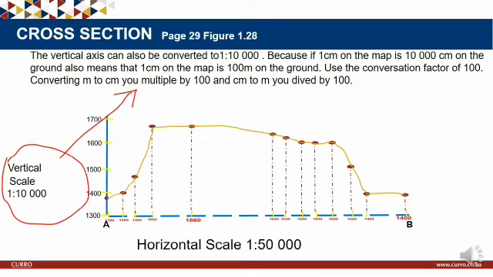Understand? Because we converted. Remember that when we are converting distance on an orthophoto map, we said 1 centimeter multiplied by 0.1 kilometer. Understand? We convert those centimeters into kilometers. If we wanted to convert the centimeters into meters, what could we have done? We could have just taken the 1 multiplied by 0.1, and then you get the answer in kilometers, and then you multiply by, you know the conversion factor, 1,000 to make it meters. Understand? This is the same concept. Now, using conversion factors of 100, meaning that I'm converting